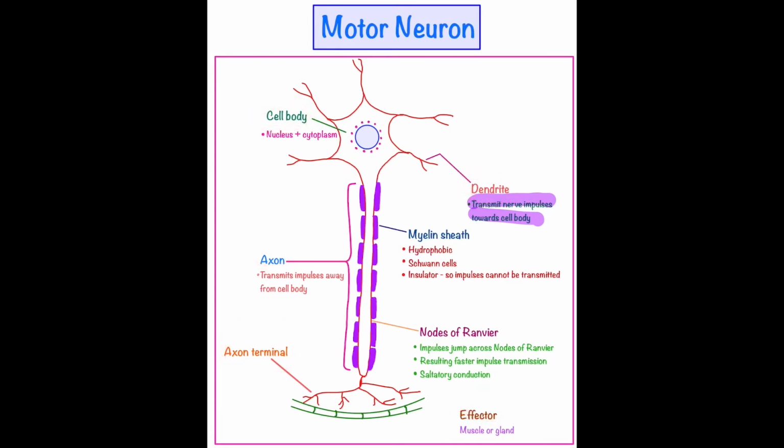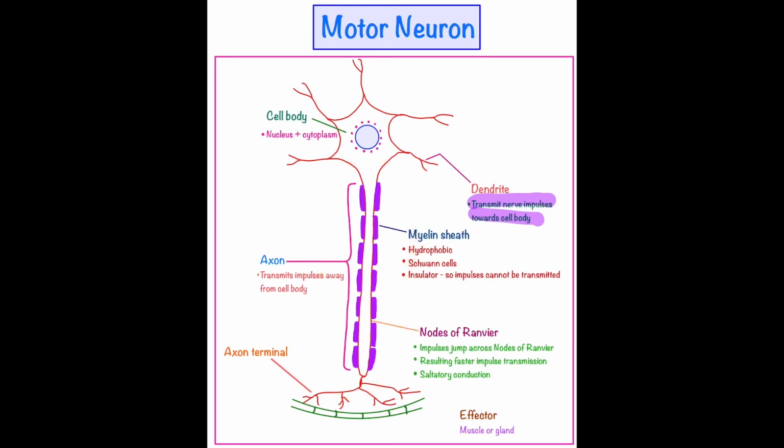Now, why is the motor neuron different from the other neurons? Because of this entire part. So this is very important to learn and to understand, right? When the motor neuron is transmitting nerve impulses away from the cell body towards the effector, at that time, this response is very fast. We are getting response towards the stimulus very fast, right? Within a fraction of a second, we are getting the response from our body, right? Why? Because of this kind of structure we are having in the neurons.